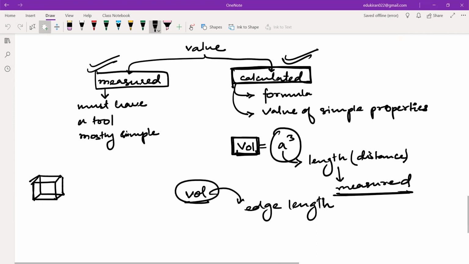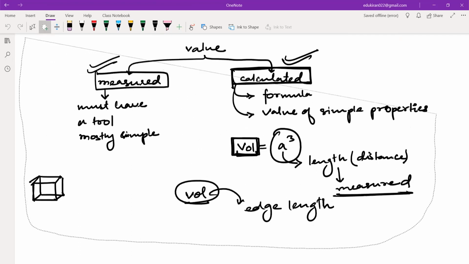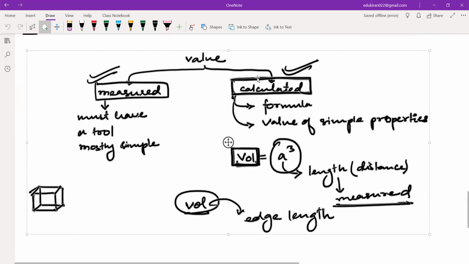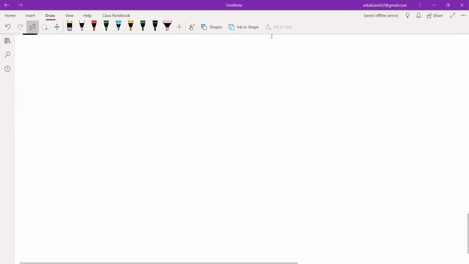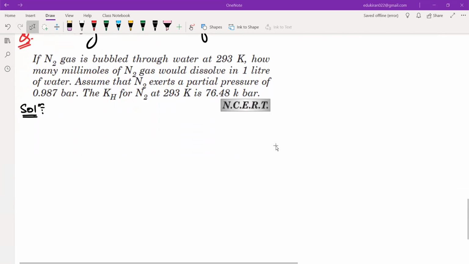अब देखिए इसी सवाल को ले लेते हैं, जब भी हम लोगों ने लिखा है, I'm just clearing up this part. Okay, now see, in this case what they have given, the pressure is given, yes or no, है ना।